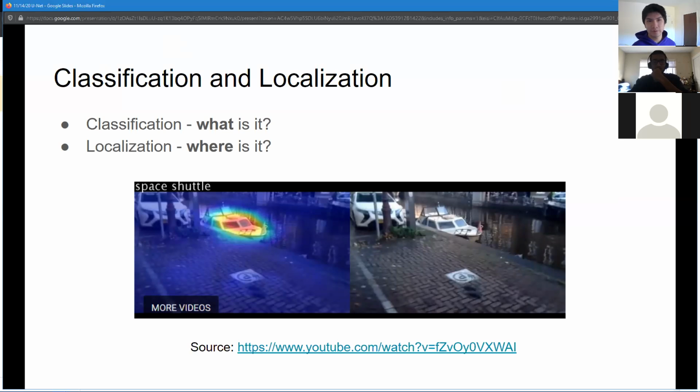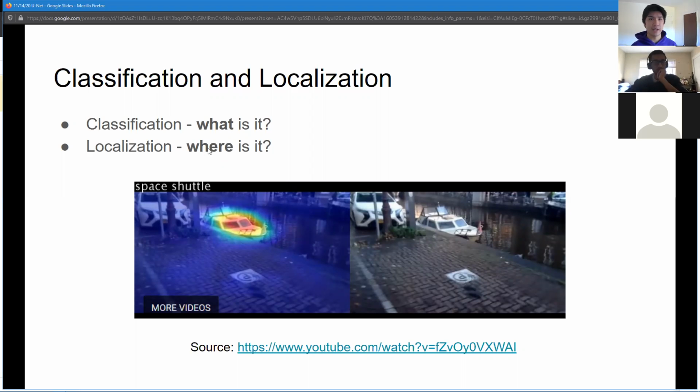So first, when we were reading the abstract, we mentioned this term localization, right? To distinguish between the terms classification and localization, you can think of classification as saying, what is this, right? Like we're classifying something. Maybe it's an image of a dog, right? We say it's a dog. Or maybe you say it's 80% probably a dog, maybe 20% a cat. That's what our model might think, right? And that's classification. What is it?